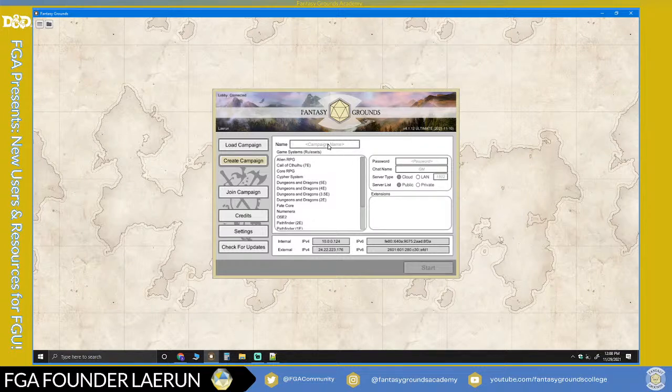Fantasy Grounds offers the experience, and it pretty much is what you make of it. So if you're not willing to put in the time to learn how to use it, or you don't want to invest because you've already purchased a bunch of books and such, I understand. That's something that you have to decide for yourself. However, as a game master, it is a very good tool to organize your campaigns.